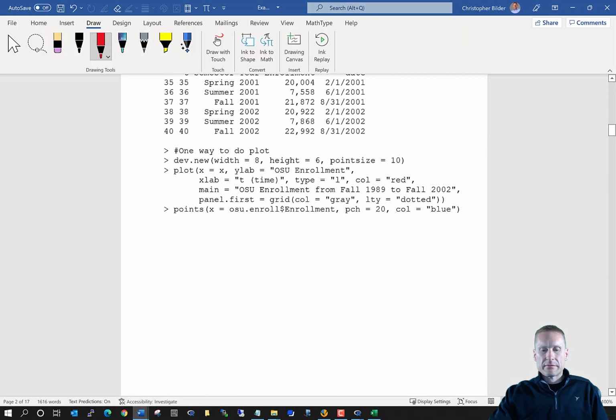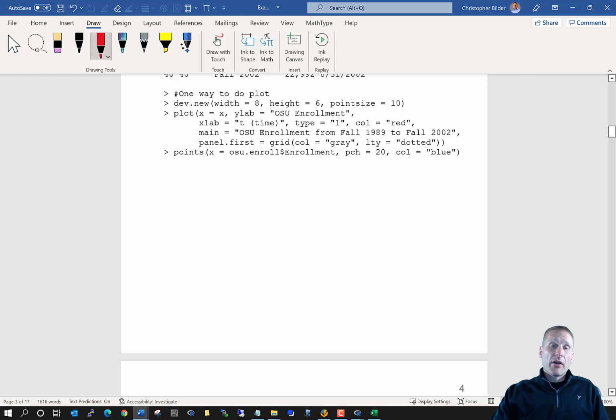Now let's talk about doing a plot. We're going to look at a few different ways to do these plots in R. Typically, whenever you get a time series data set, after you read the data set into R, this is the first thing that you do, so you can visualize what the data looks like over time.